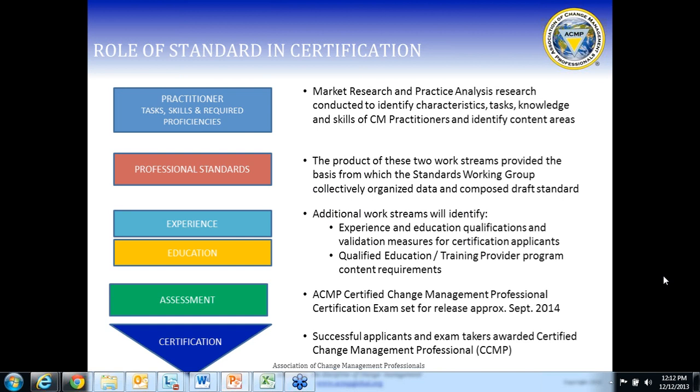And as we look at the experience and the education and the assessment components, we have actually gone ahead and launched some parallel work streams as it relates to those steps. And so when you consider the three legs of the stool for any best practice certification model, you would involve the